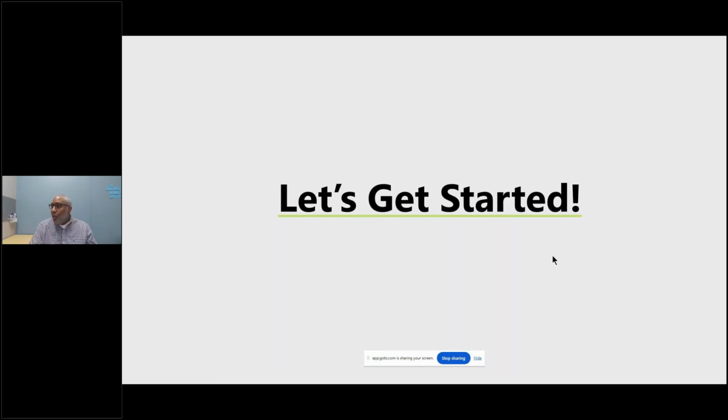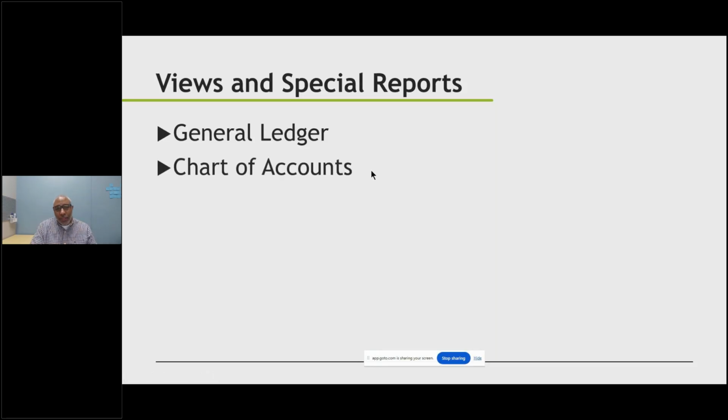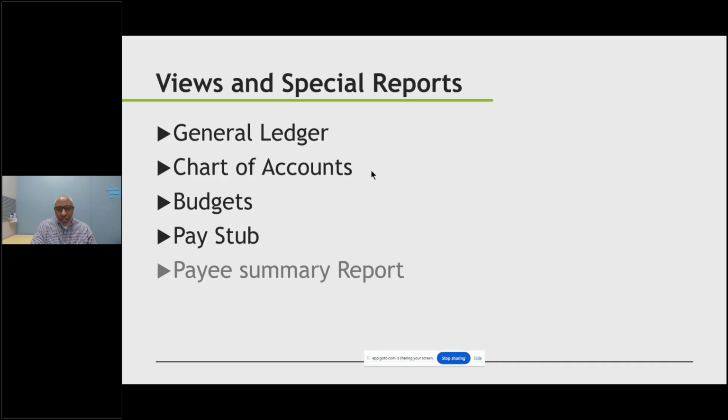Let's get started. So what I'm going to do is just describe the views and special reports, then we're going to jump over into the software and go through those different views and special reports. So the views run across the top: general ledger view, chart of accounts view, the budgets view, and then, I think I showed this one yesterday, the pay stub report, the payee summary report, and then the reconciliation report.